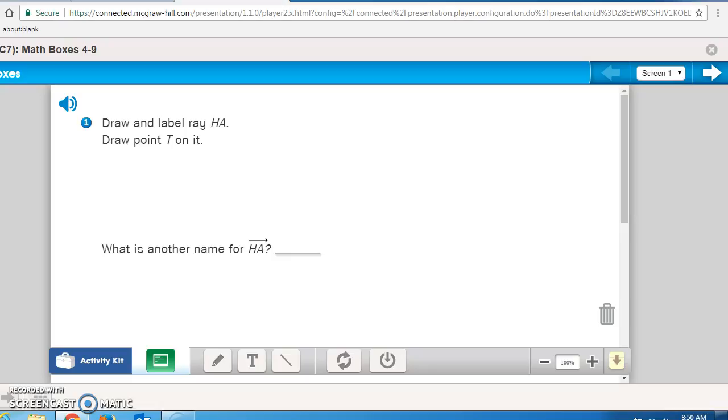Finish page 132, bring it up to me, and then do Math Masters page 169. That is your final thing. 169 needs to be